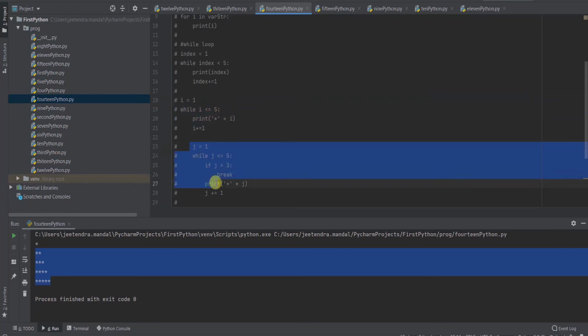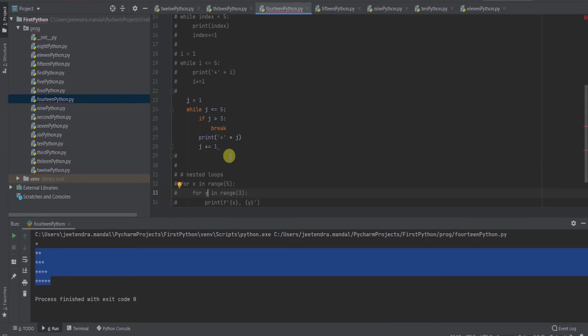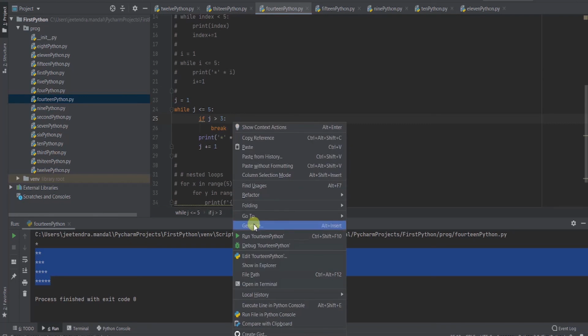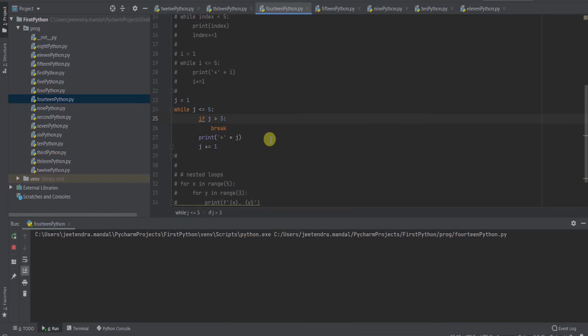Now here, j is a variable that is initialized with i, and since indentation is very important in Python, we need to make sure we are following the indentation.